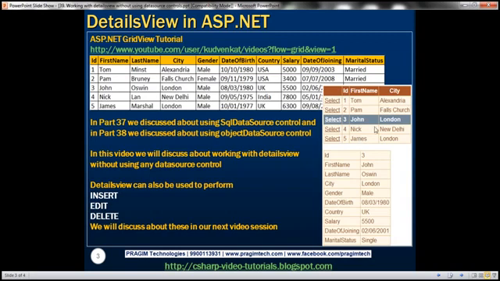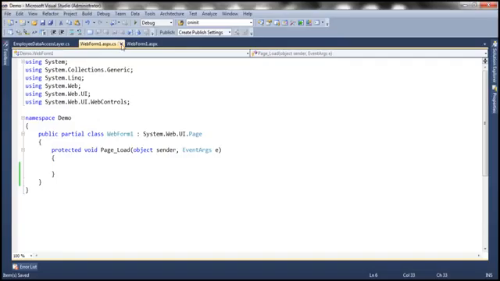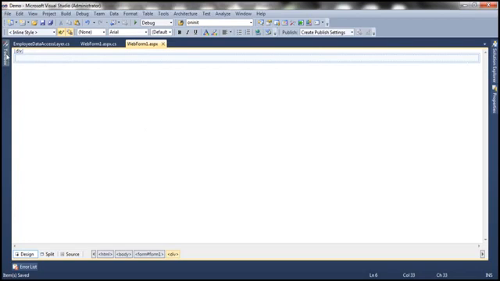Now the GridView control should display 4 columns. The first column should be the template field, which will display the select button, and then the remaining 3 fields should be bound fields: ID, first name and city. So let's design our GridView control. Let's flip to Visual Studio. Let's drag and drop a GridView control onto the web form,